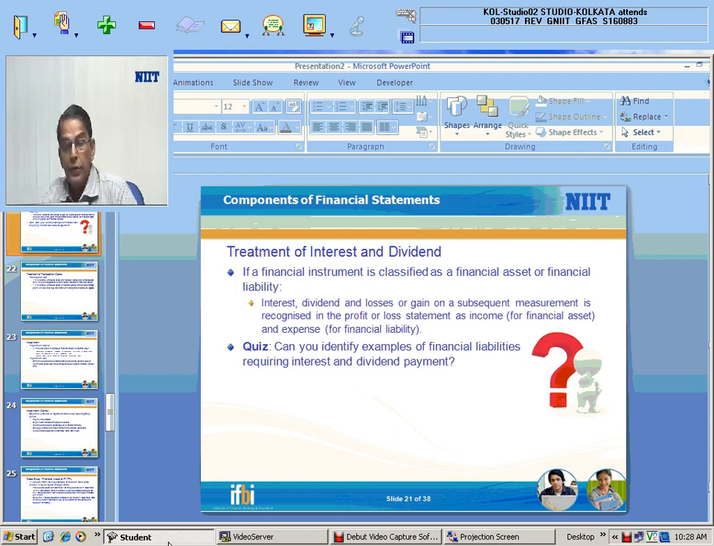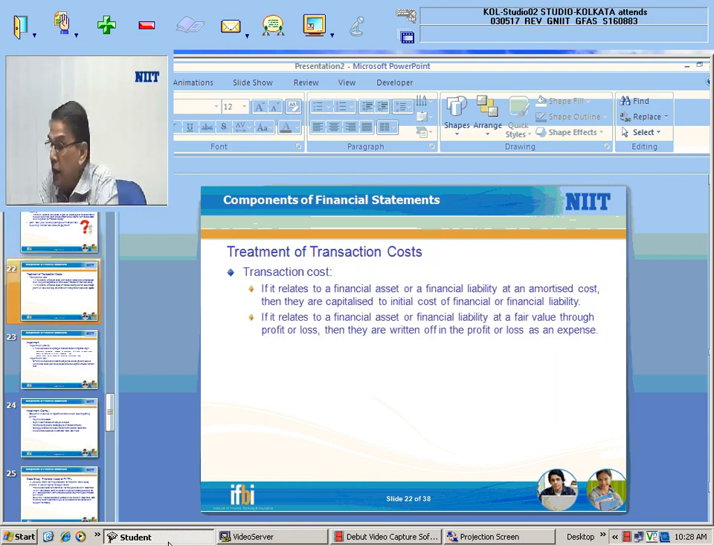Now coming to transaction cost. If it relates to a financial asset or financial liability at an amortized cost, transaction cost will always be capitalized to the initial cost of the financial asset or financial liability. If there is a transaction cost involving a financial asset or a financial liability which is measured at an amortized cost, then they will be capitalized, added to the initial cost of the financial asset or financial liability. But if it relates to a financial asset or financial liability at fair value through profit or loss, then they are expensed to the profit and loss account. So they are written off in the profit and loss as an expense in the year the